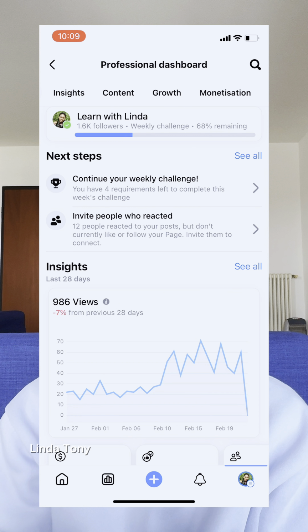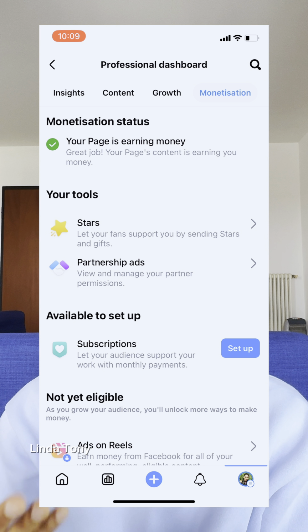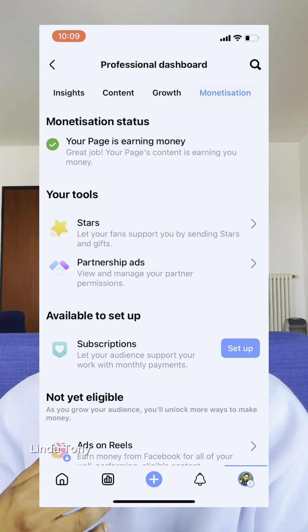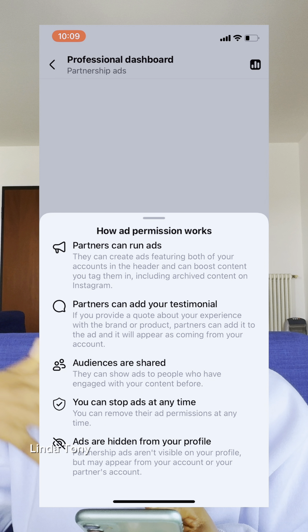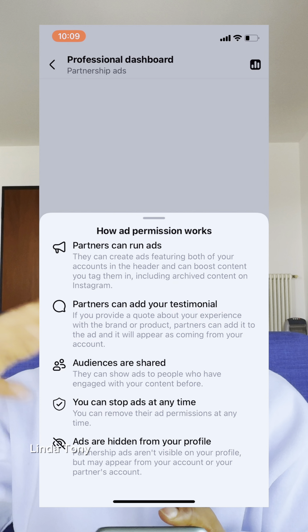Now Facebook told me that my page is earning money, and this is where I'm earning money from. They said the tools I've unlocked for monetization are stars and partnership ads. If I post my reel, I can earn stars, just like I told you before. For partnership ads, for example, say I run an ad about the iPhone, talking about what the iPhone is all about. That video I advertised, where I said something about their brand, they are going to pick up my video and show it to other people. I'm not a partner of iPhone, but they'll be showing my video to other people. So this is how